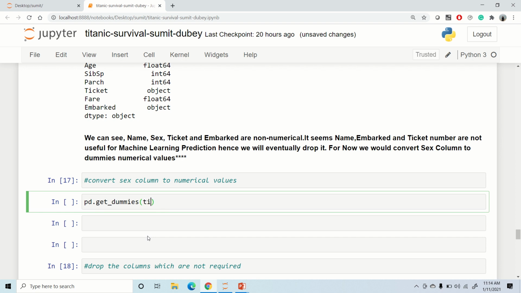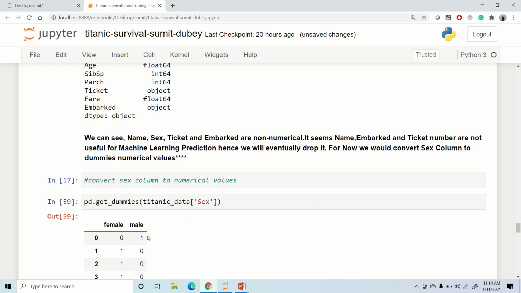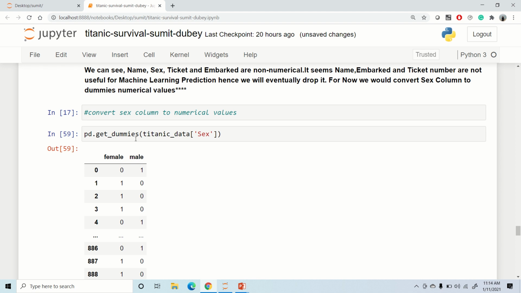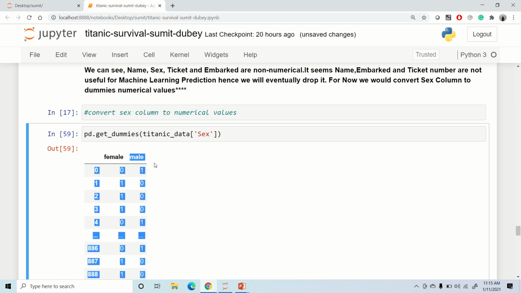In my case it is Titanic data and the sex column. When I run this, we can see that we are getting two different columns now, one is female and one is male, because this sex column contains two distinct values, female and male. That's why we are getting two different columns.